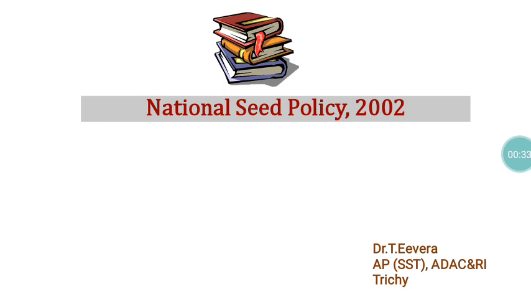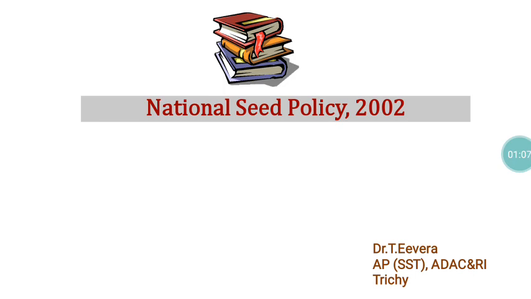Under that, an open general license is also provided for the importers after satisfying the requirements of that policy 1988. For that purpose, if it is an agriculture crop, they have to get a recommendation from the ICAR. If it is a horticulture crop, they have to get the recommendation from the Department of Horticulture and the Director of Horticulture. Then the material will be tested by the ICAR. Based on the test, a report will be given to the importers, and with that only can the importers approach